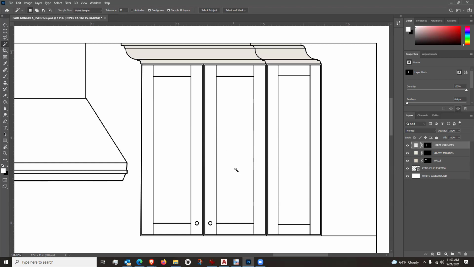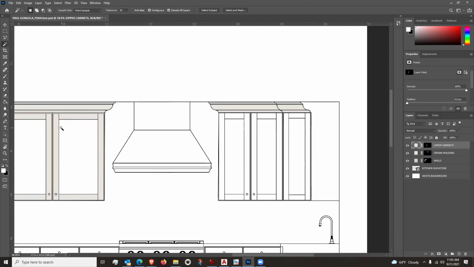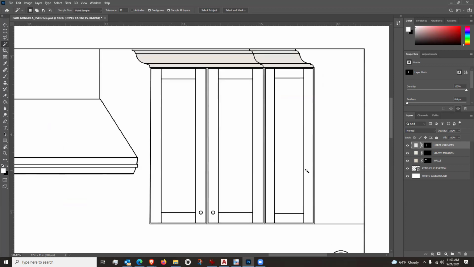Right now, we already have an upper cabinets layer, right? And we've got stuff on it. So we want to add to that upper cabinets layer. So I'm going to take these rails and styles and I'm going to add that to my upper cabinets layer. So I'm now no longer adding color. What I'm doing is I'm editing